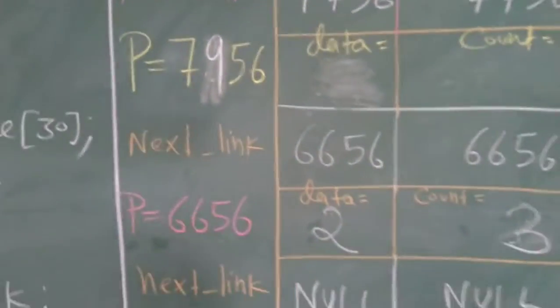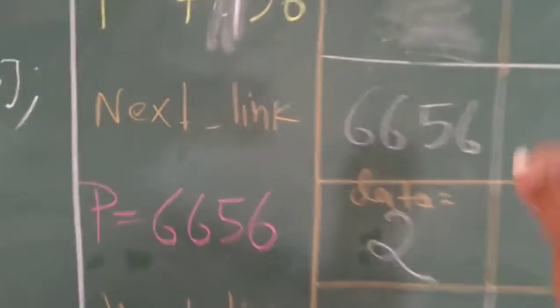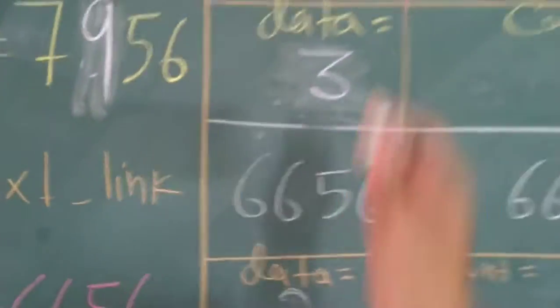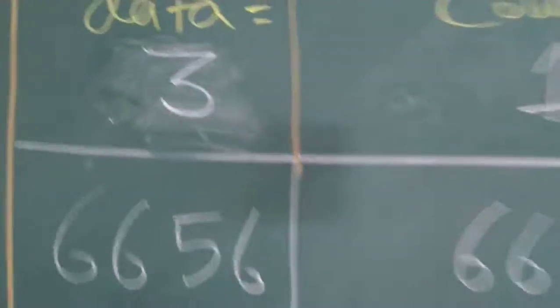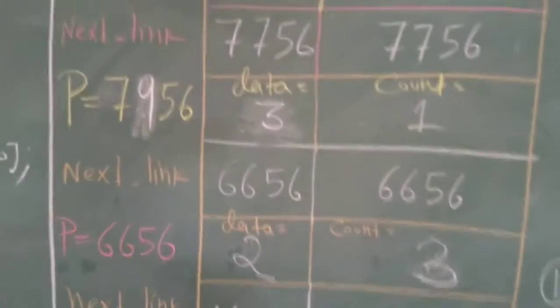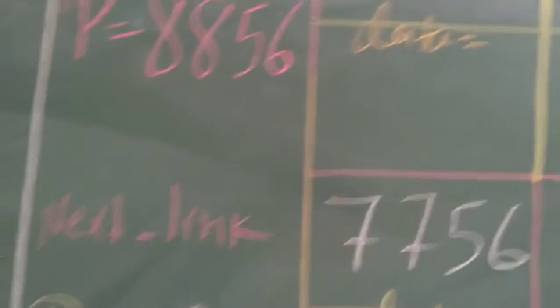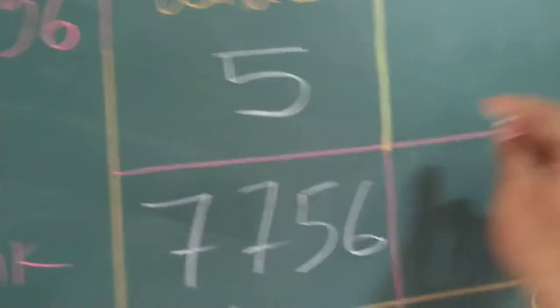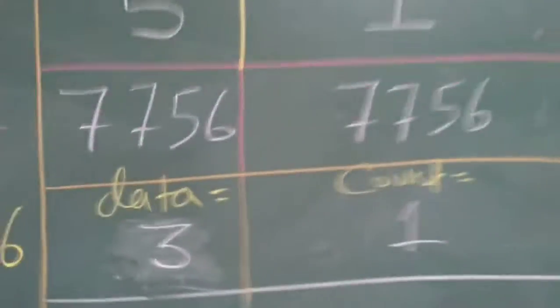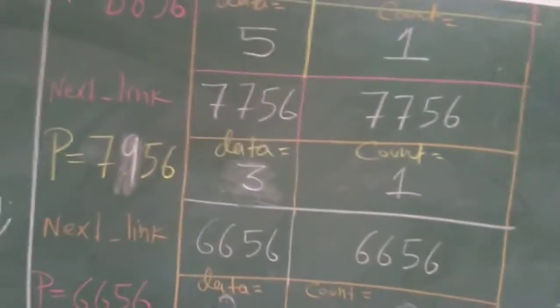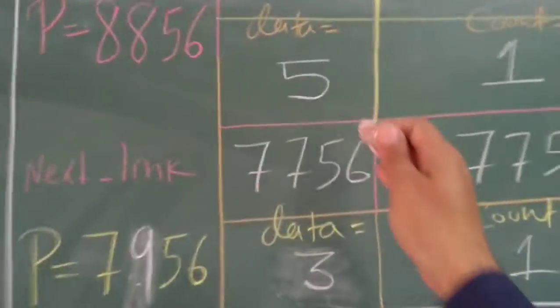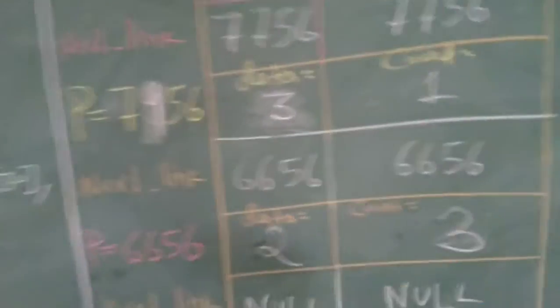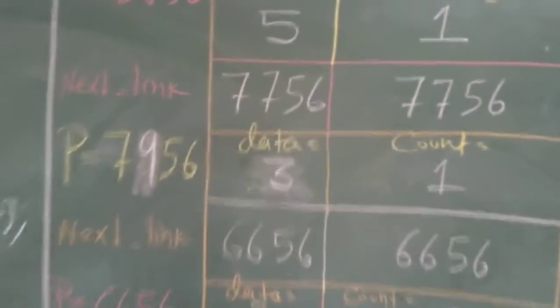Now suppose this is 9. Again, suppose the user has input 3. Three means only one time it will check. Before, the 3 was not here. In this condition, count is equal to 1. Suppose you have written 5 also, and this is also count one time. Again, for the next, suppose there is also much space in your stack. Again you have written 3. So it will come back and check one by one. Is there any 3? Yes, 3 is here.